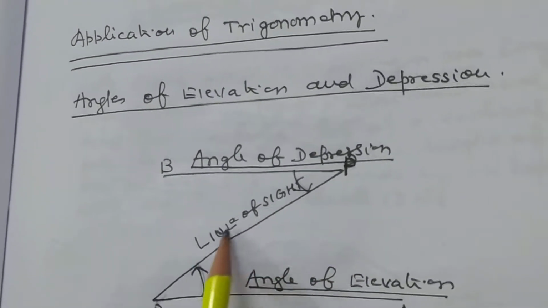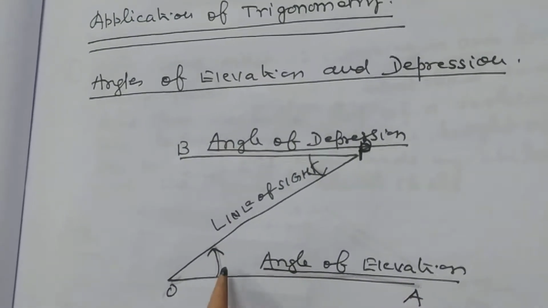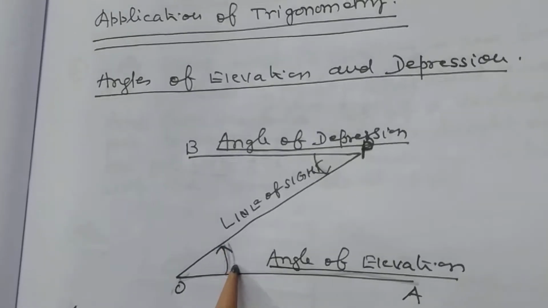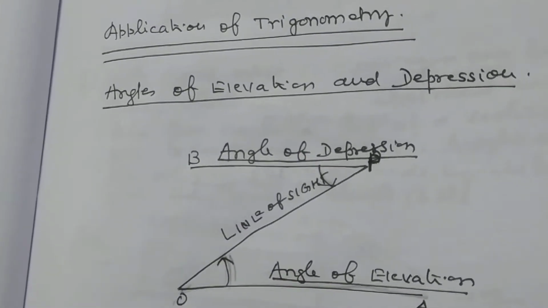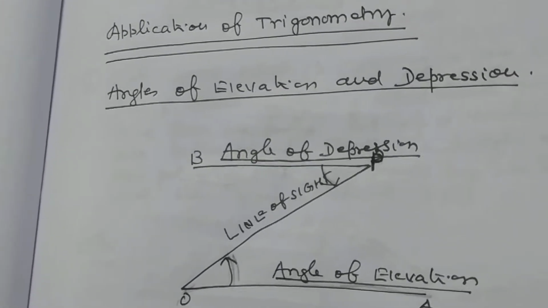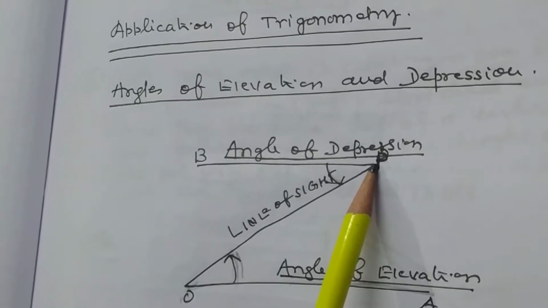this is the line of sight and this is the horizontal line. So the angle made between the line of sight and horizontal is known as the angle of elevation. If P is here,